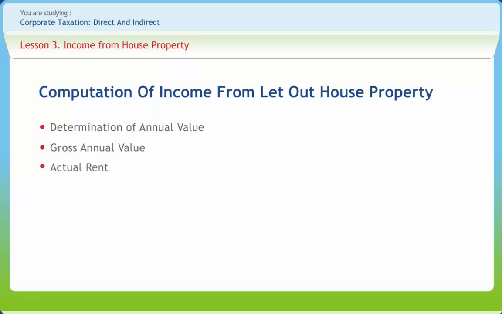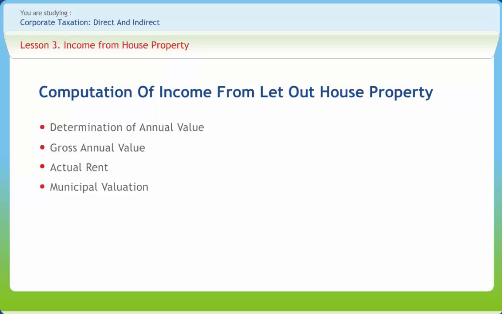Actual rent is actually received by the owner of the house property from the tenant. In case tenant paid composite rent, that is rent of building, plant and machinery, furniture, etc., and the rent is separable, actual rent is reduced by the amount of rent of plant and machinery, furniture, etc. Balance is actual rent of house property. Any amount of local taxes paid by tenant, cost of repair borne by tenant, or any interest on advance deposit is not to be added.